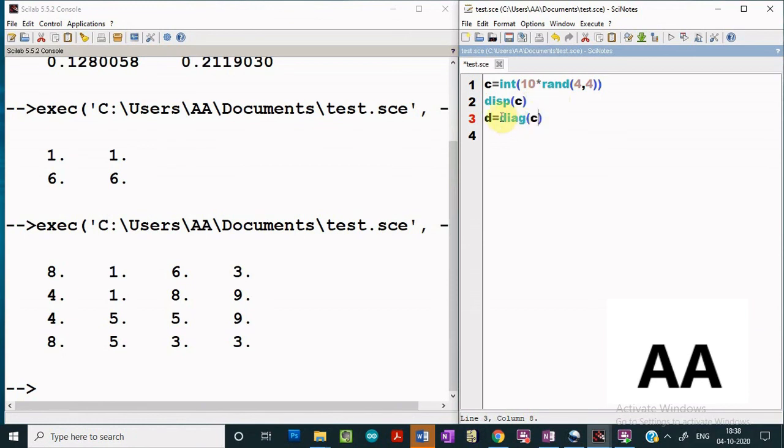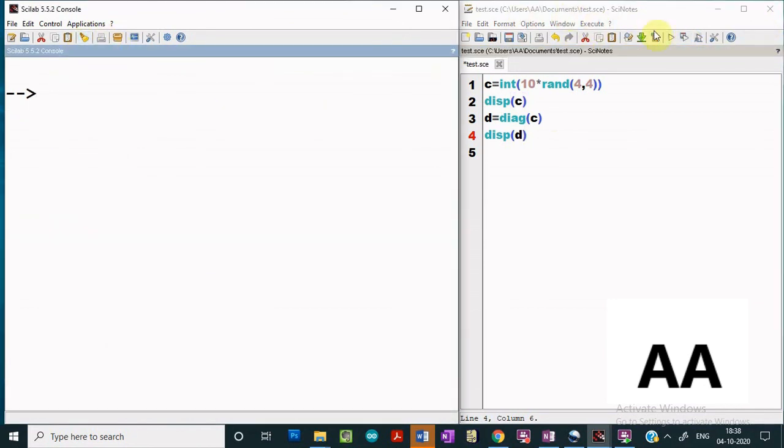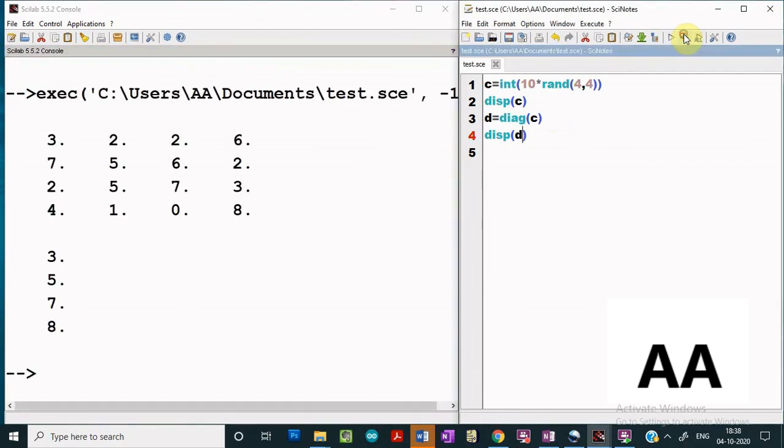This is how the diag function can be used. We'll see how all the diagonal elements of a square matrix can be extracted using this function. Let me execute it again and see what we get. We see that the result is 3, 5, 7, 8, which are the diagonal elements.